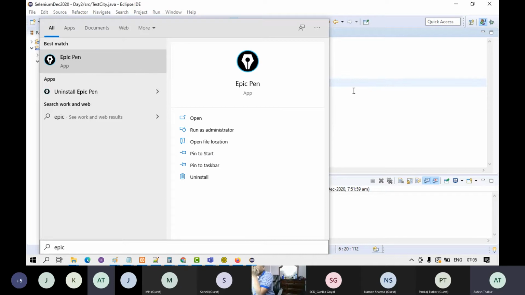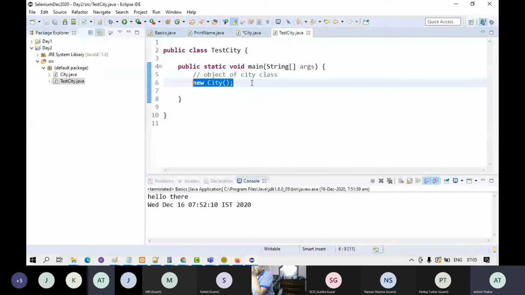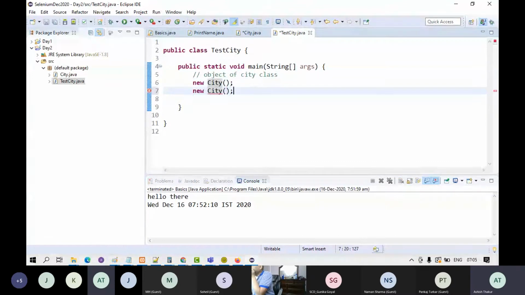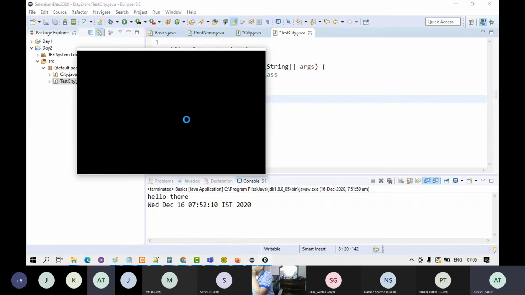Practically, what happens in the memory when you create the object, because you can create as many objects as you want. Fine. So I've created 3 objects over here. If I talk about practicality and how this is used practically, then